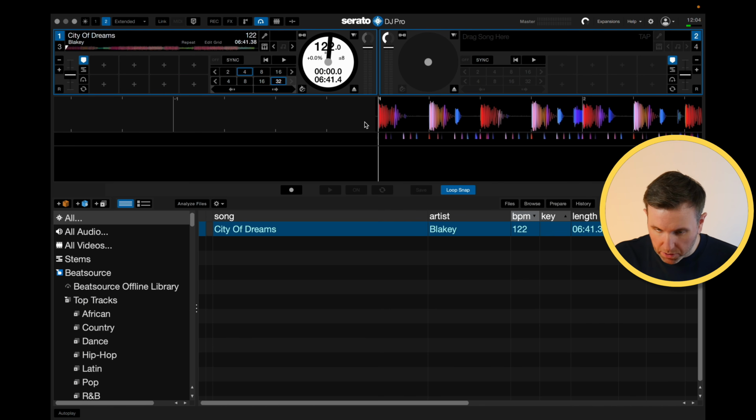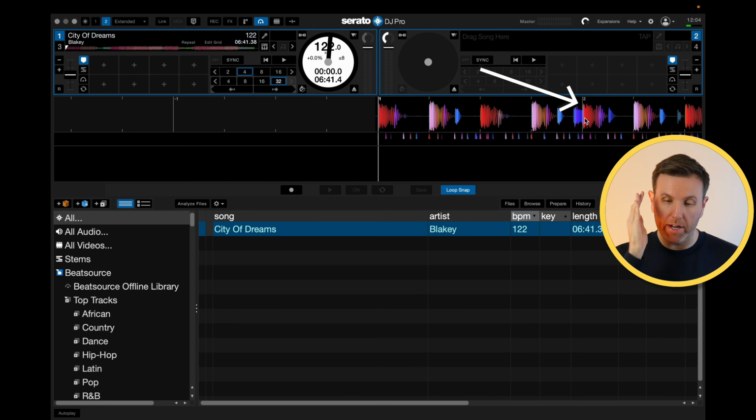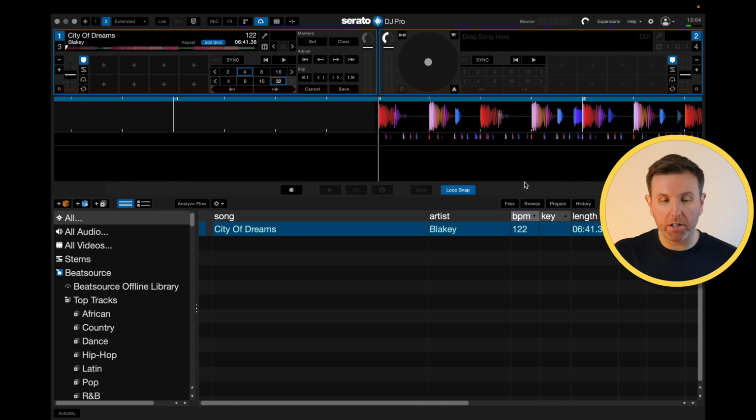The first thing you need to do as well is make sure your beat grid is perfect. And if you look right here, you can see the beat grid is spot on. So we don't need to do anything there. If you did need to change the beat grid, hold Option and press spacebar to go to beat grid edit